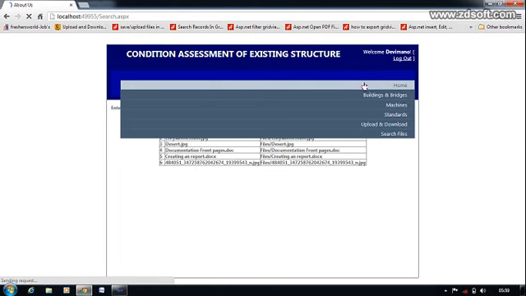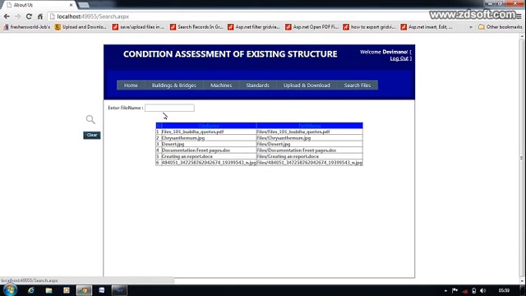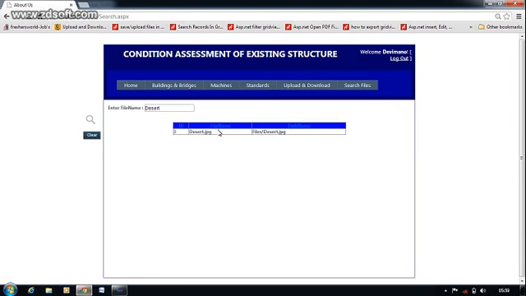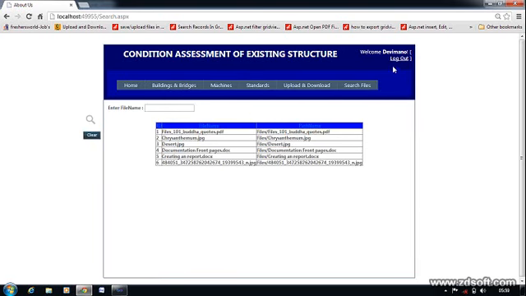Search file is used to search the uploaded files. The user has to give the keyword and click the search button. It will search for the particular file. If he clicks clear, it will display all files.